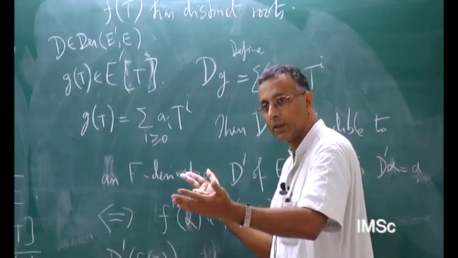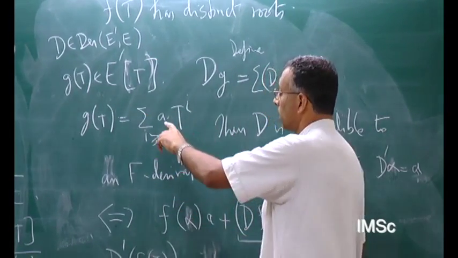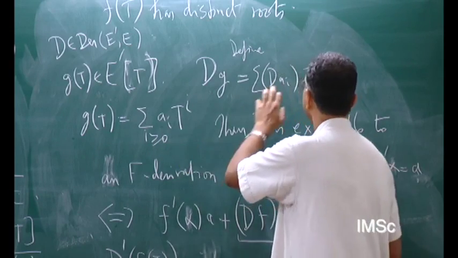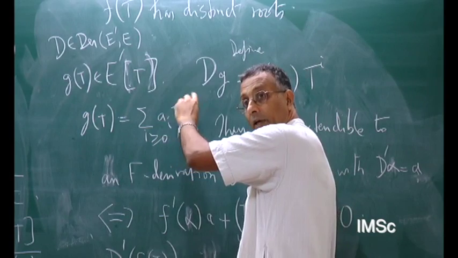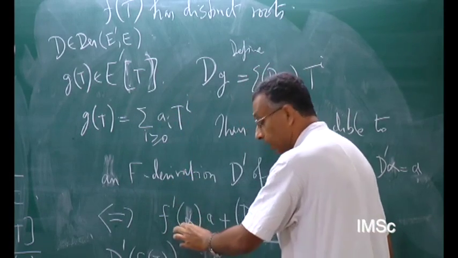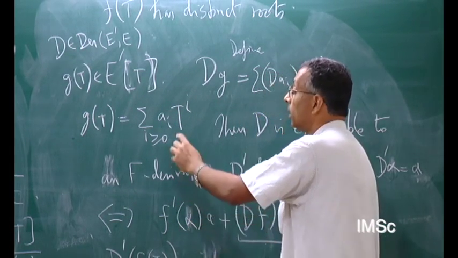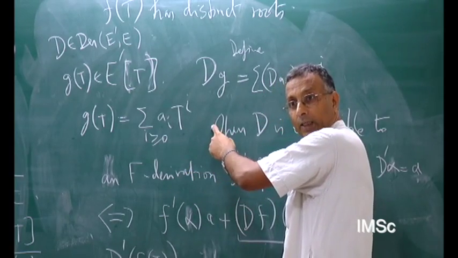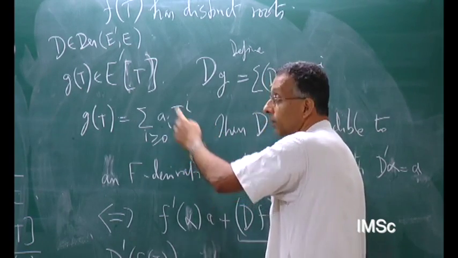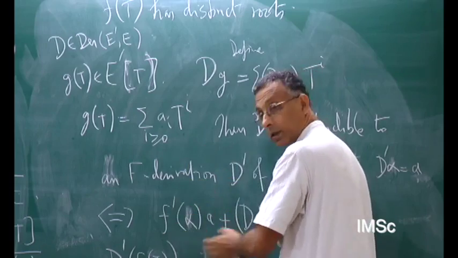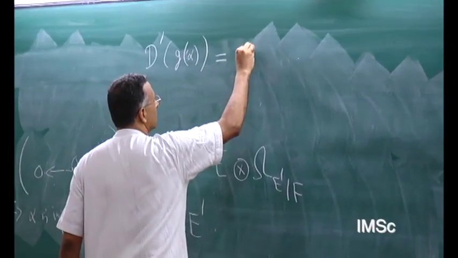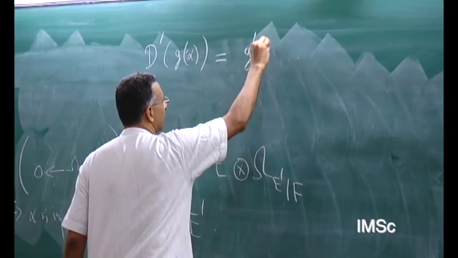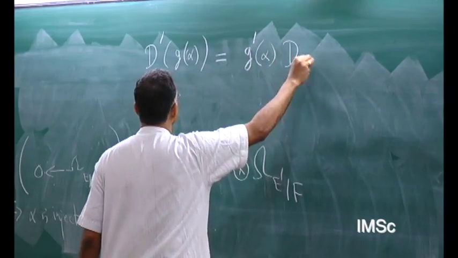Each one gives you two pieces, and you collect d a_i t^i and you get dg of this. And on the other hand, there is the derivative times d' of t, where I have alpha. So d' of g(alpha) therefore equals g' of alpha d' of alpha